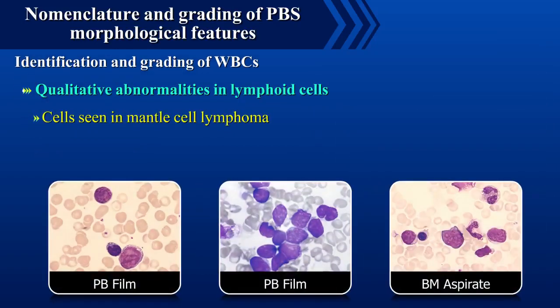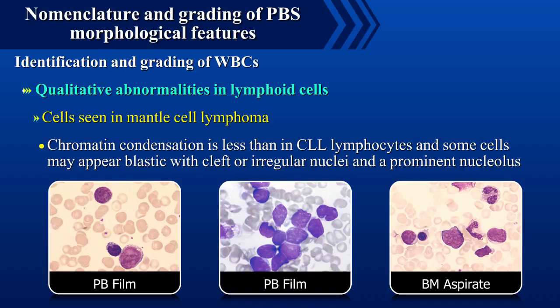Cells in mantle cell lymphoma are pleomorphic, varying in size and NC ratio. Chromatin condensation is less than in CLL lymphocytes, and some cells may appear blastic with cleft or irregular nuclei and